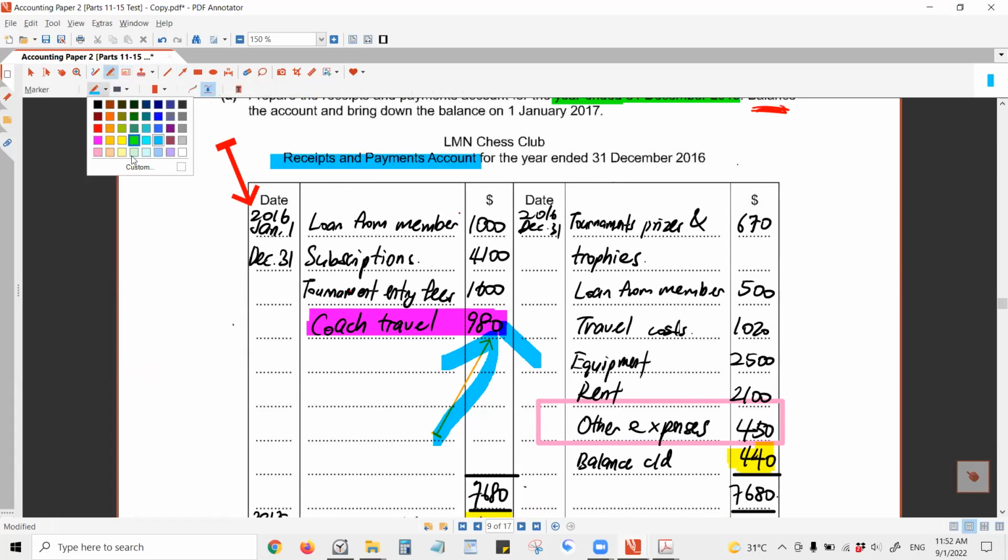They are these things. Loan from member. Okay, loan from member. We can use this example to explain. Okay, because loan from member is not an income. So you write